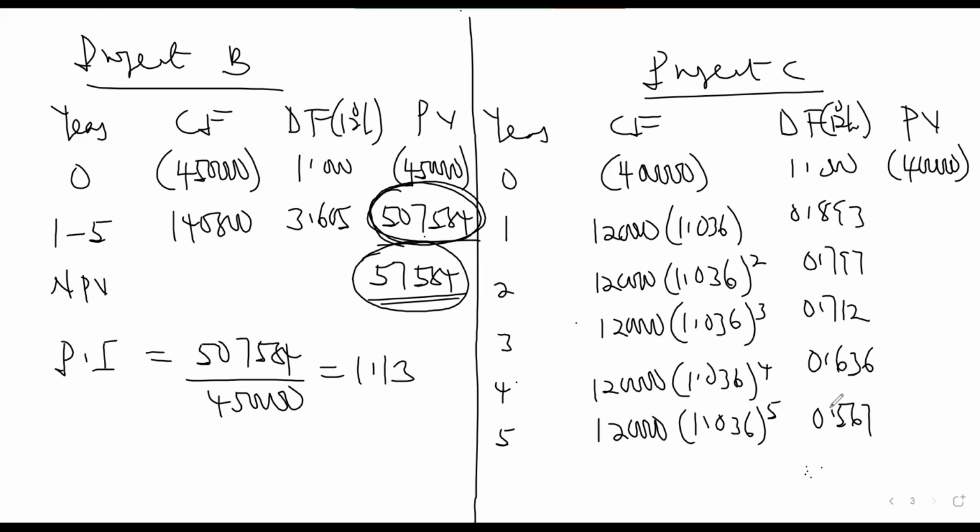But for me, I want to be time conscious, so I will just put it over here. You can put everything in the calculator and multiply by the discount factor before you approximate it. So you do 1.036 multiplied by 120,000 times